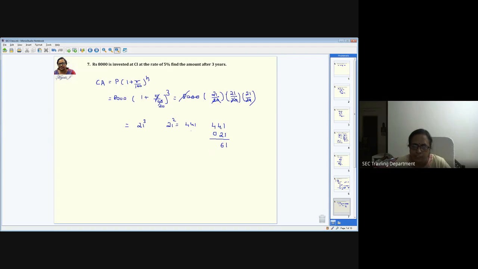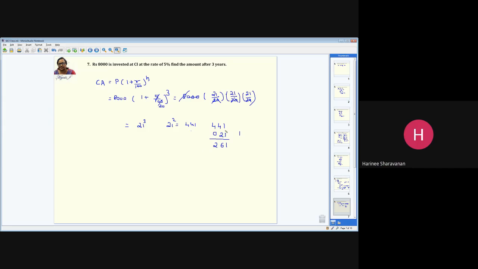And then 3 cross multiplication. That is 4 into 1 is 4, 4 into 2 is 8. So 4 plus 8 is 12. 1 into 0 is 0. So we're not considering. I'll repeat again. What I do is I'm taking the cross multiplication. That is this extreme to this extreme and this in the middle, and then again extremes. So 4 into 1 is 4 plus this is 8 plus this is 0. So 4 plus 8 is 12. Write 2 here. 1 is a carry.